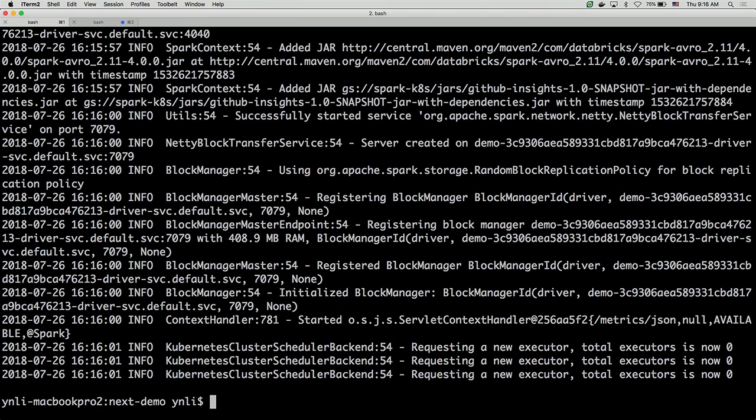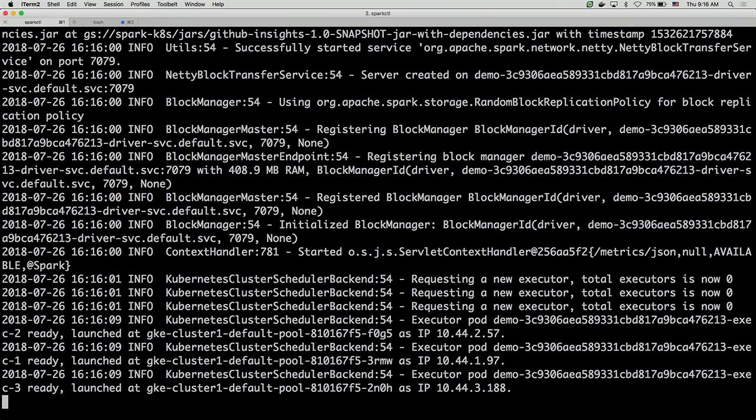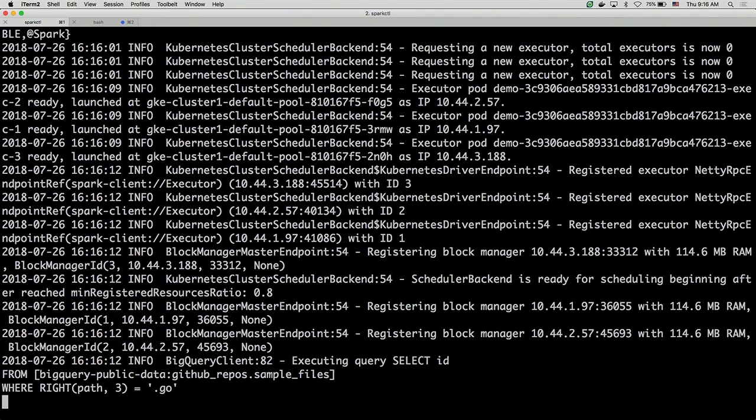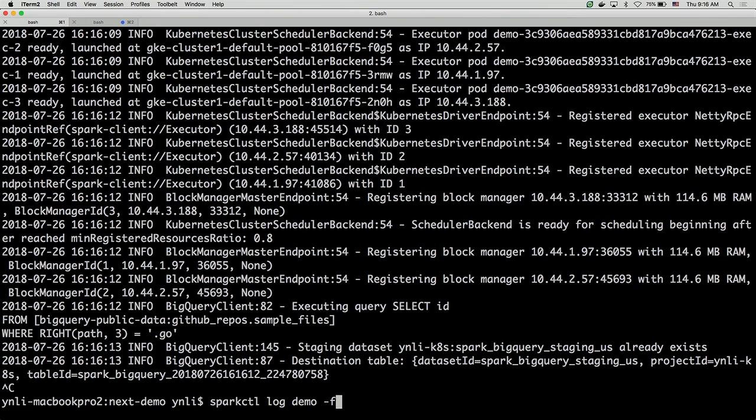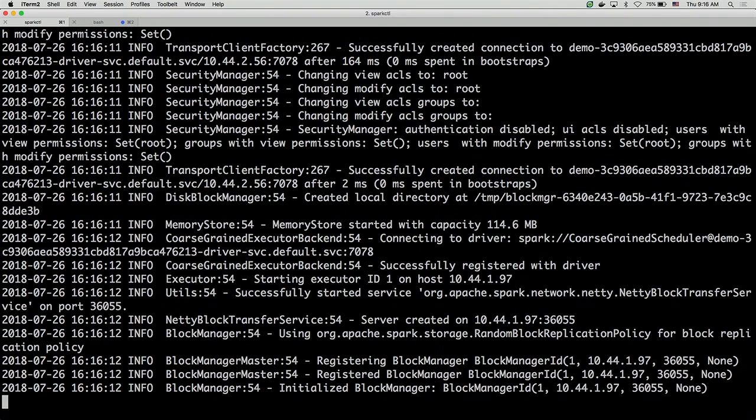So you can see this is grabbing the driver logs. You can also do streaming. This will basically stay there, and when more logs come in, it will show you. You can also grab not only the driver log, but also logs of individual executor pods. To do that, you just use the -e option, then you tell it what executor ID you're interested in. In this case, if I say 1,